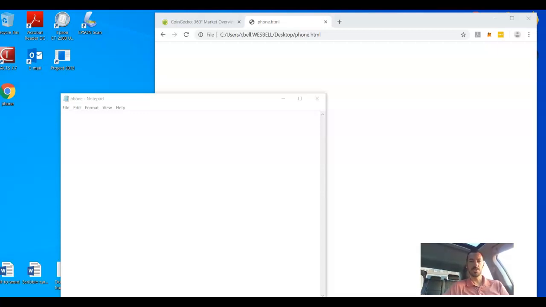Alright, I wanted to make a simple video about how to create a link that's a phone number and a link that is an email. I opened up a notepad, saved it to my desktop as a .html file, and this is a standard link setup right here. Now, right here you put the text of what you want the link to actually be,